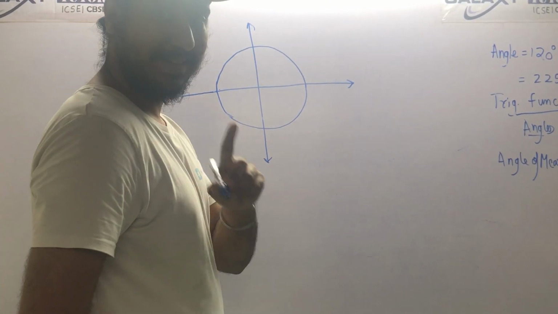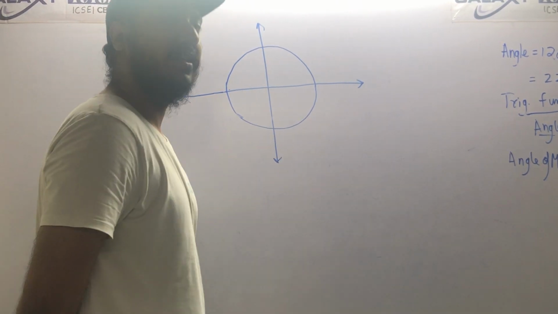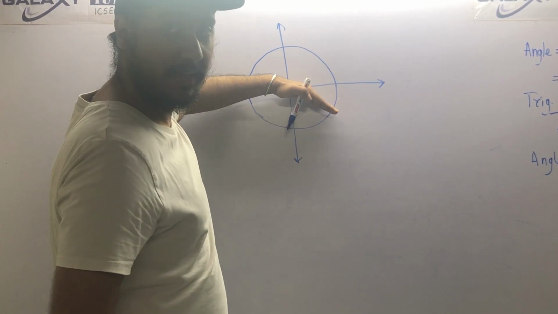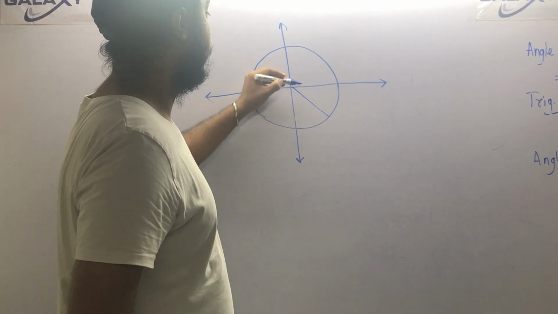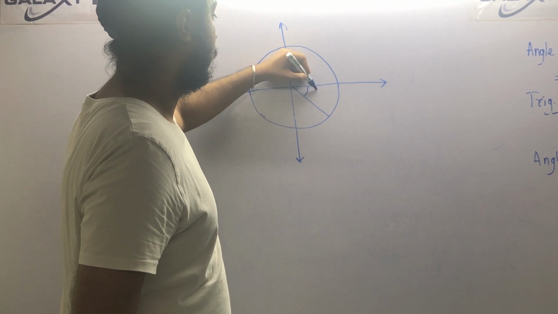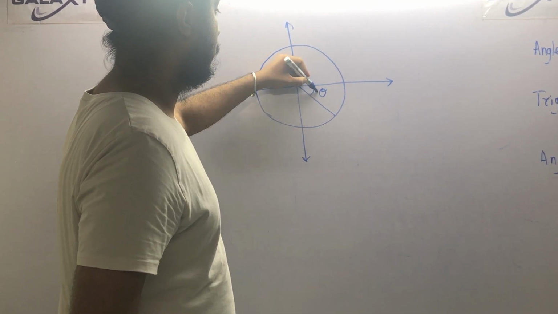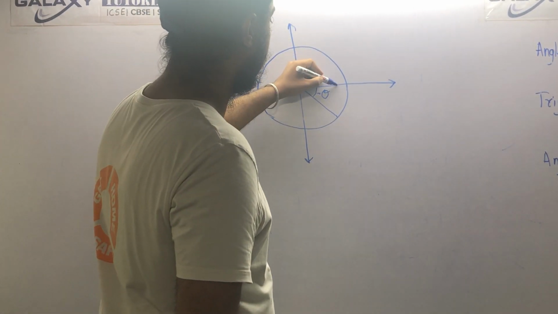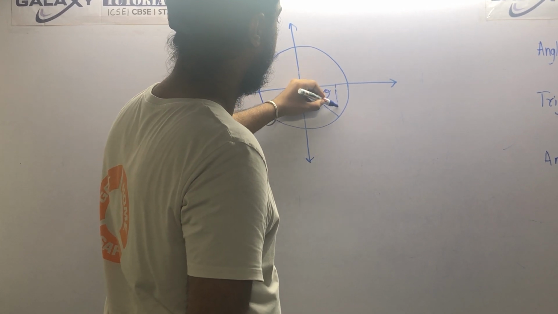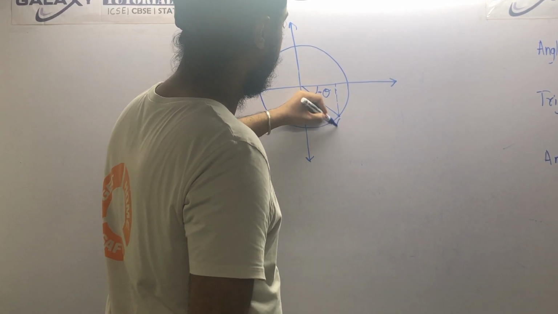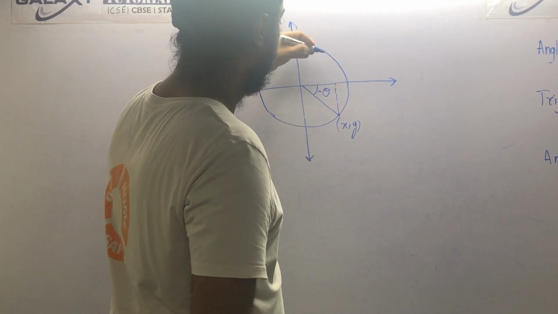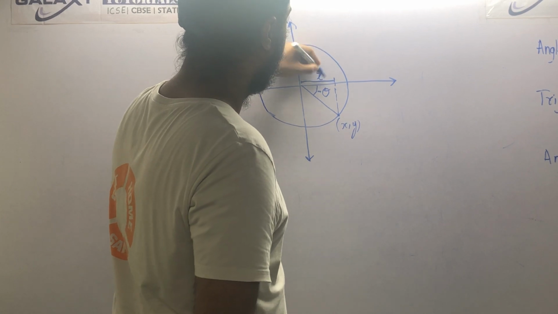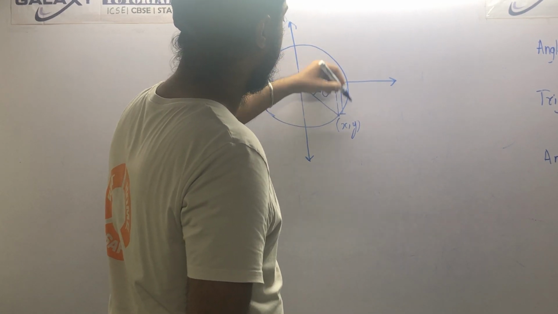we are talking about a negative angle. So negative angle is in which direction? Anti-clockwise direction. So say this is the initial side and I'll rotate somewhat like this. So this right here will be what? Minus theta. Okay. Now this will be x comma y. Okay, so this will be the value of x and this will be y.